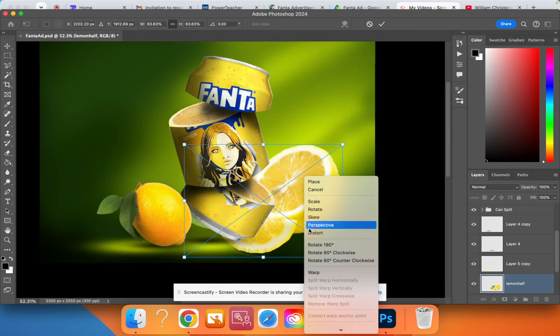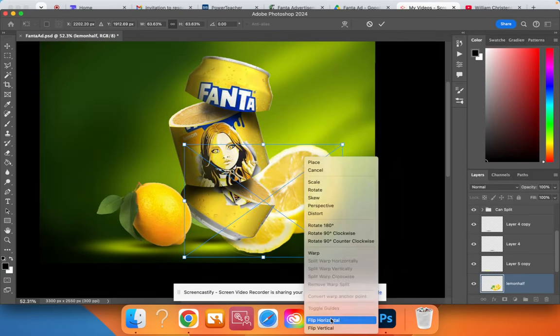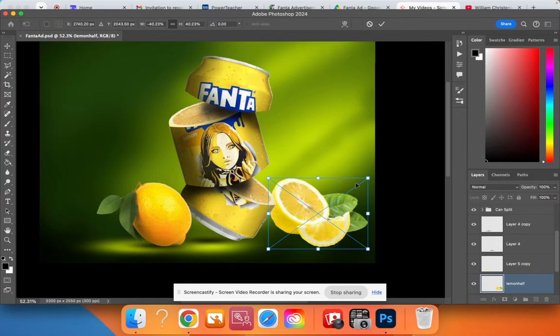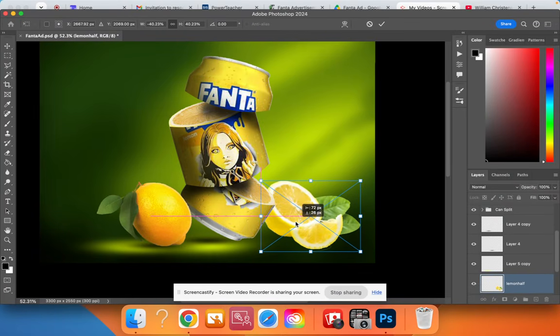Let's right click on it, and then let's go flip horizontal. So we've got something like this, and then we make this a little bit smaller too. Again, we might want to make our can of soda a little bit smaller. It might be okay though. And this one we can just keep behind